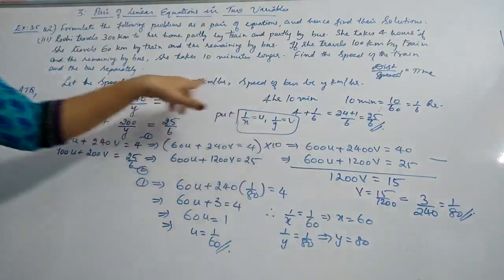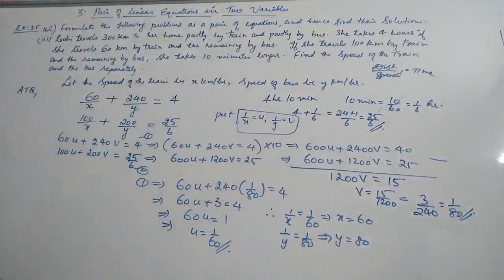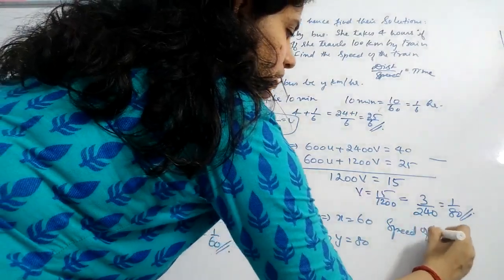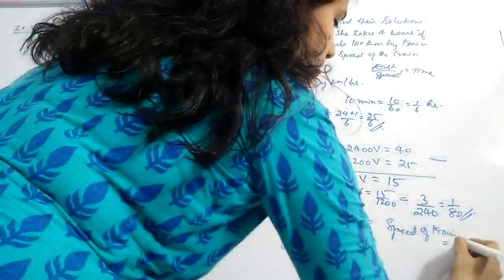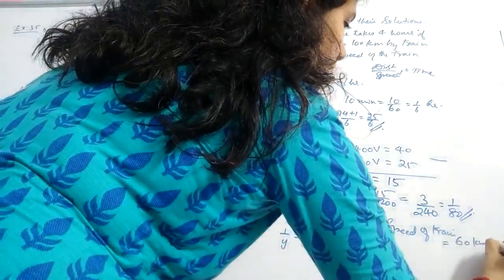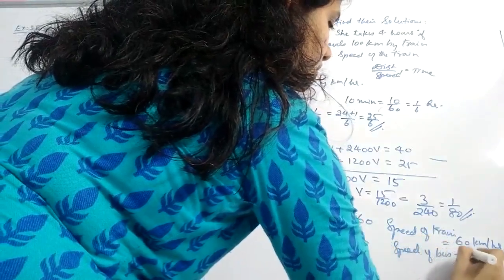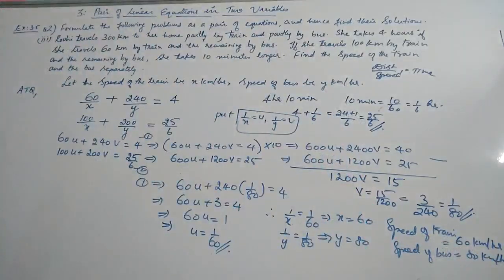X is the speed of the train and y is the speed of the bus. That is, speed of train is equal to 60 km per hour and speed of bus is equal to 80 km per hour. Okay, speed of train and speed of